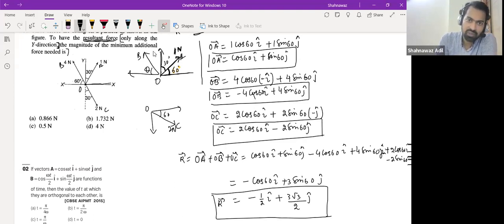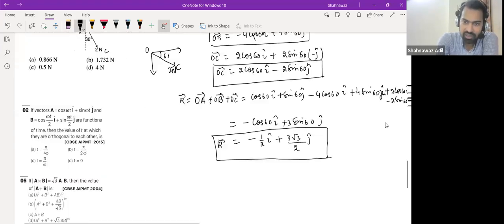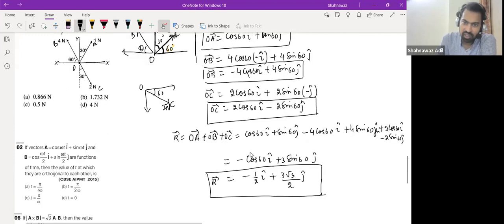So what have we calculated so far? We have calculated the resultant. To have the resultant only along the y direction, you see that this vector has a resultant. This is in the x direction and this is in the y direction. So if I draw this vector,